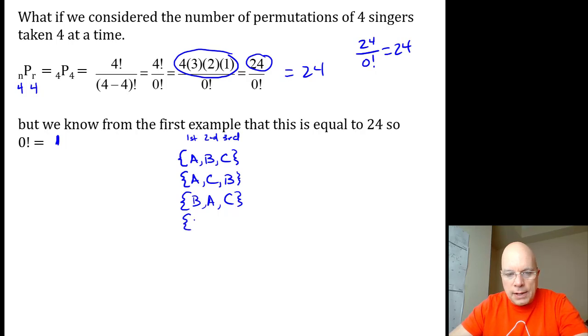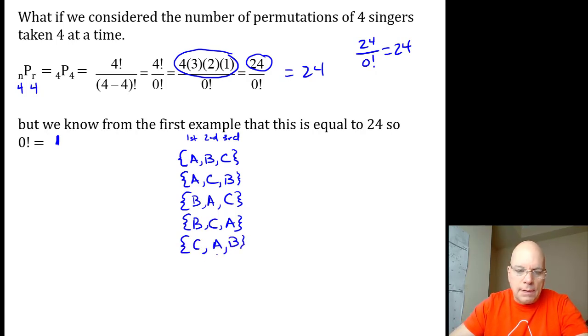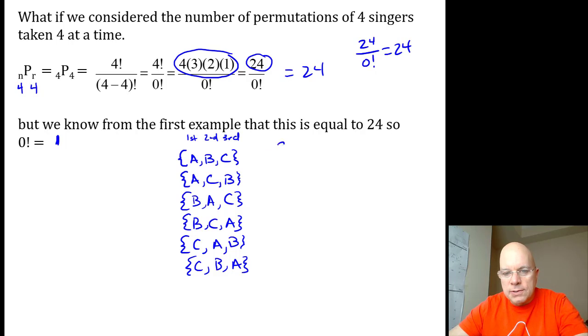There's Bill, Craig, Annette. There's Craig, Annette, Bill. And there's Craig, Bill, Annette. That's it. There's 6 ways because there's 3 times 2 times 1, or 3 factorial ways to arrange those elements